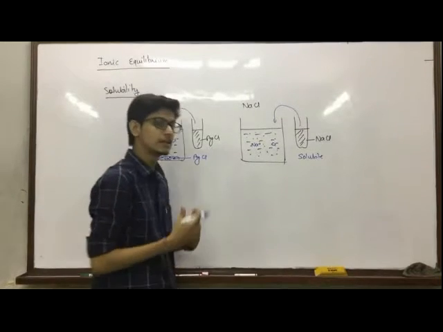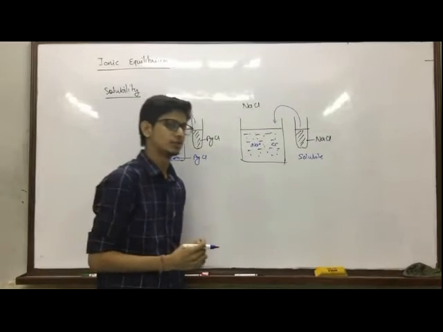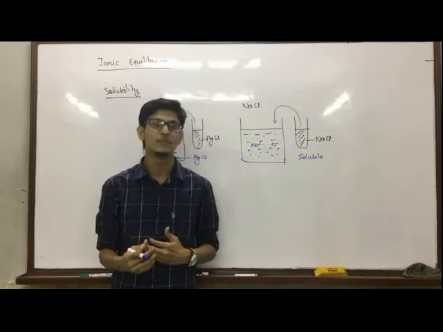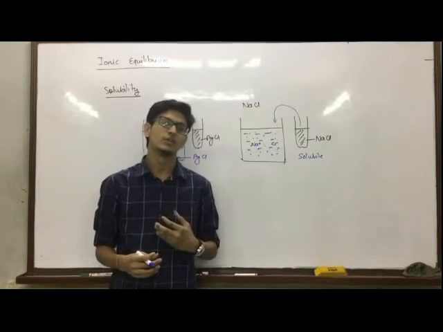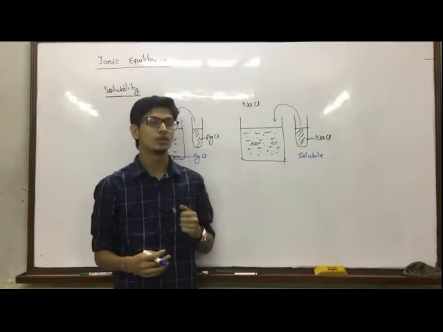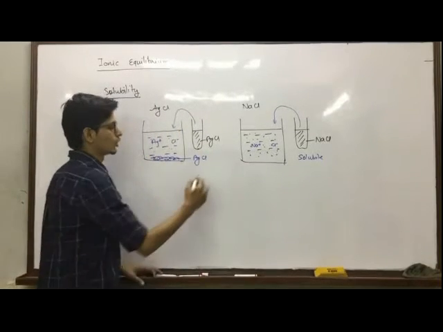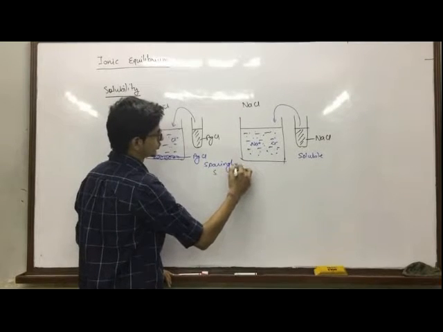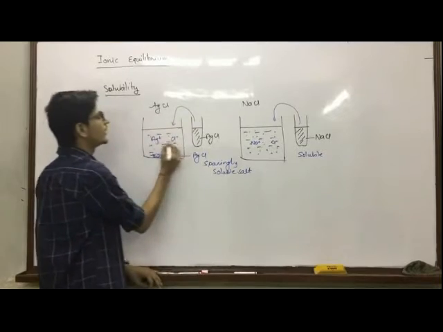So when we say it is an insoluble salt, that is a bit tough word. We should say it is a sparingly soluble salt. Actually, no salt is completely insoluble. So all the salts which we name insoluble are sparingly soluble salts. What is a sparingly soluble salt? Those are the salts which do not dissolve appreciably, that dissolve only in a tiny amount. So this AgCl is a sparingly soluble salt. It dissolves in a very tiny amount.